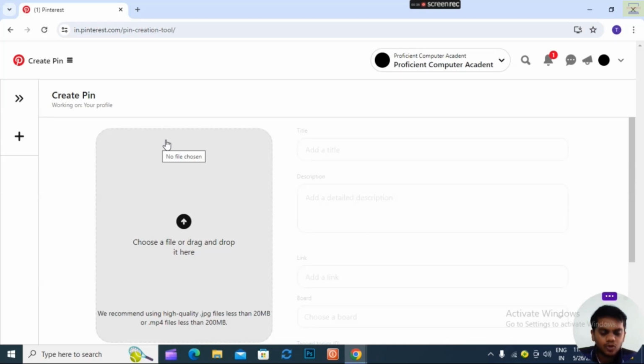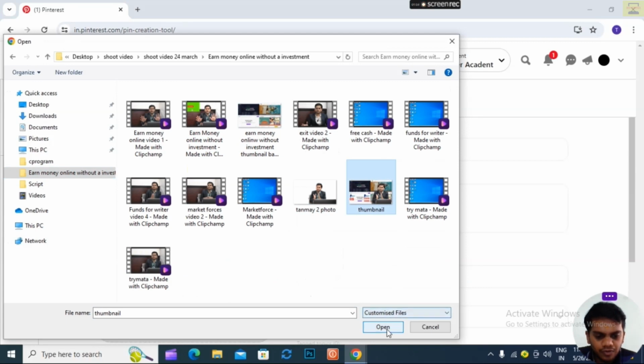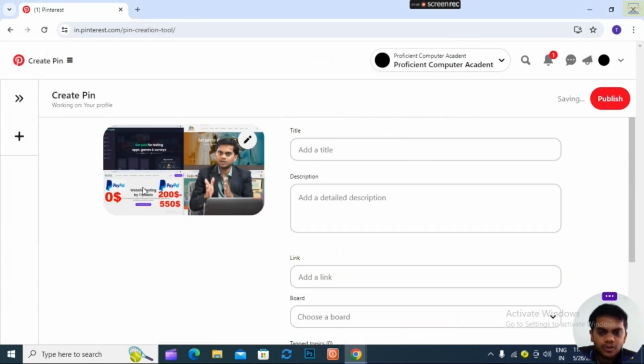But in rich pins, you can create recipes, you can post any kind of article, or you can post a product, so you can add a product also. Right now I don't have any recipes, so I will show you one thing. I will click over here and go to this and create this pin. Assume that this is my recipe. I take one photo, upload the photo of the recipe. Right now I don't have a recipe photo, but I am showing you a demo of this.